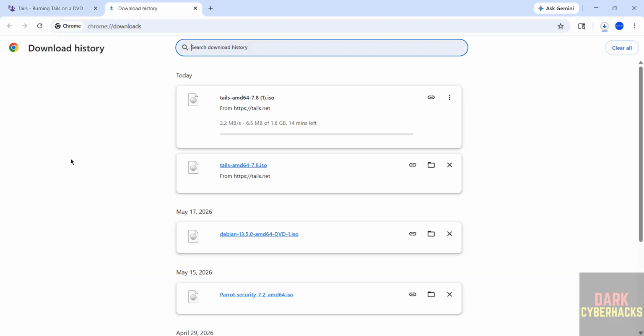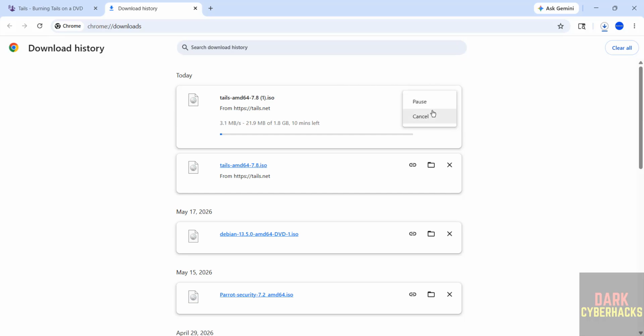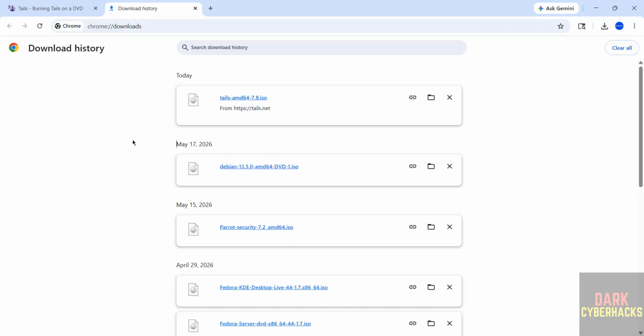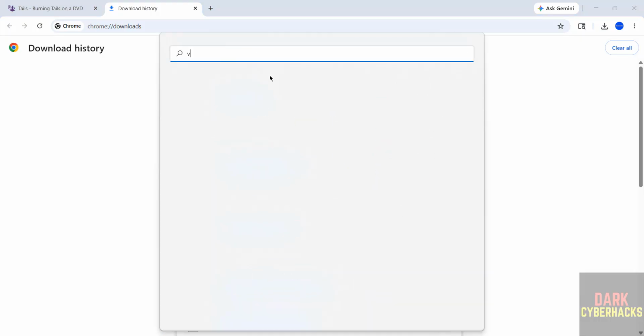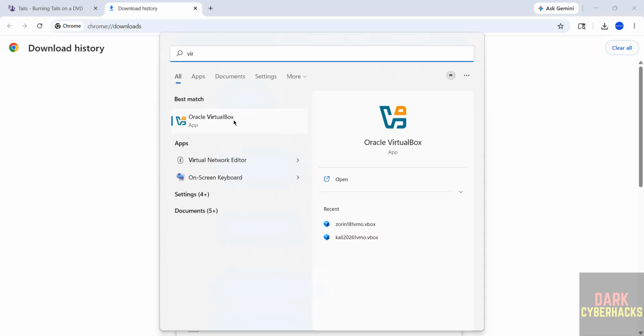See, download started, go to downloads. See here its size is about 1.8 gigabytes. I am cancelling this one because see here it is downloaded, because I have already downloaded. In your case, wait until the download completes. Once the download is completed, then open VirtualBox. If you want to install VirtualBox, then search for my YouTube channel, how to install VirtualBox on Windows or Linux